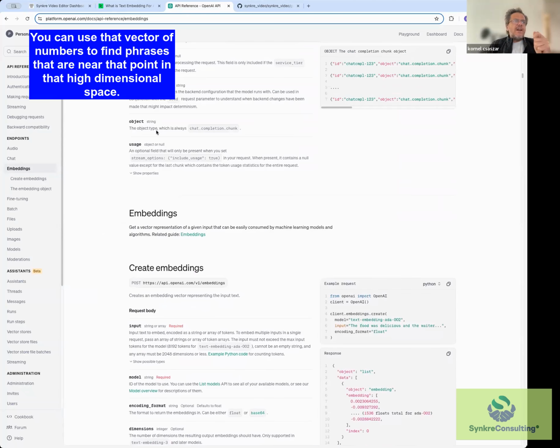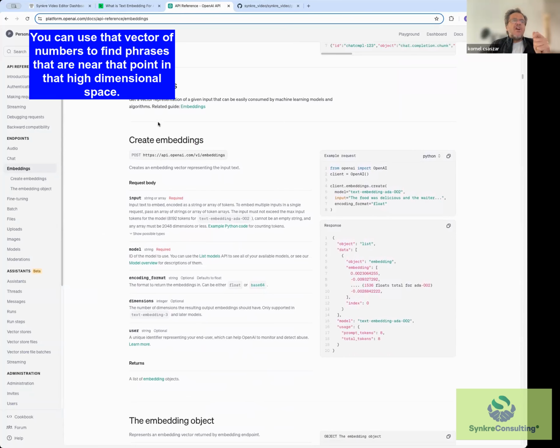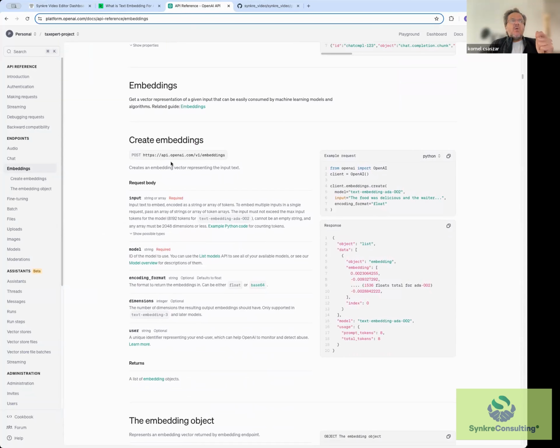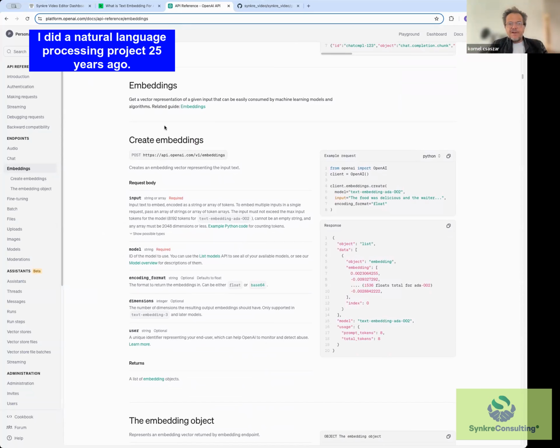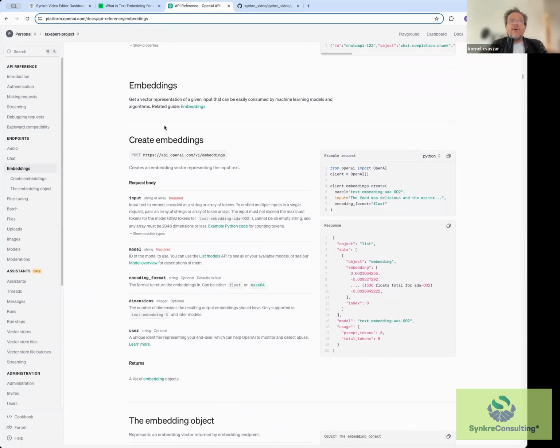So I went into what embeddings are and what they mean. These algorithms take a phrase and create a vector of numbers which represents that phrase in a high dimensional space, which expresses similarity.